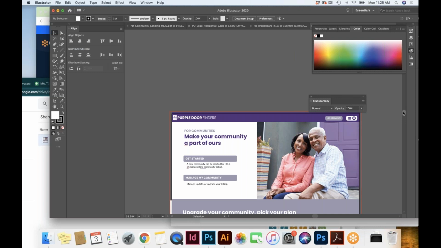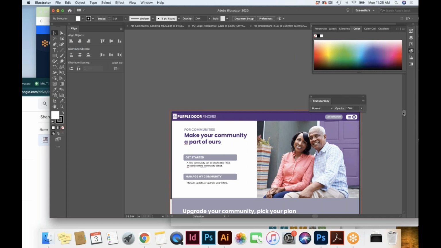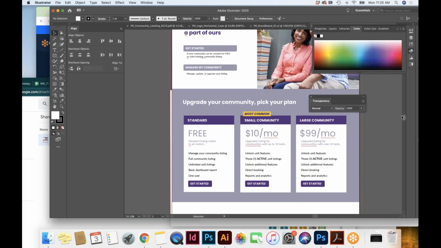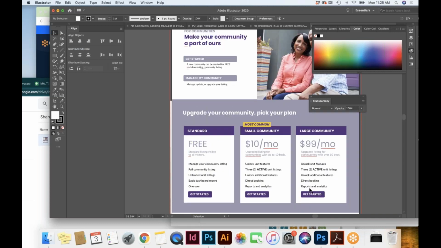I have the community plans. We need to figure out what we're going to call some of these things, small community versus large community. I don't know if that's the right terminology, Christina. And then one thing is really saying what they get at each level. It was another question that I think collectively we should agree on and develop.